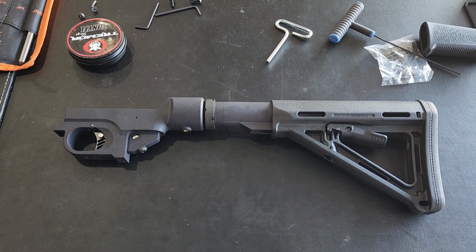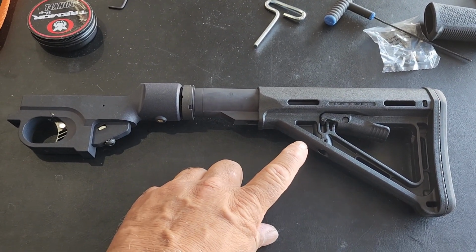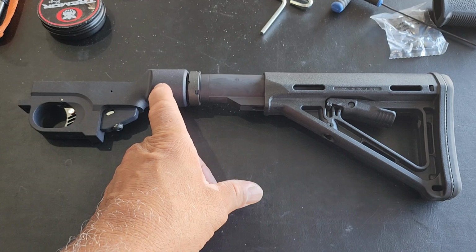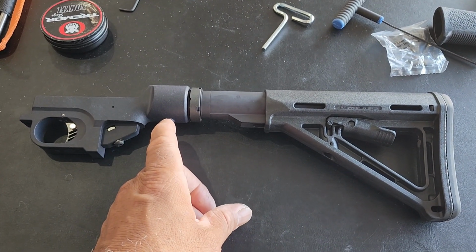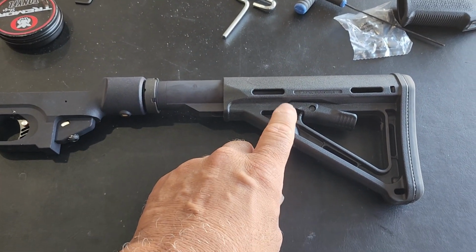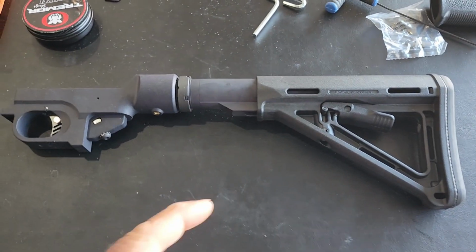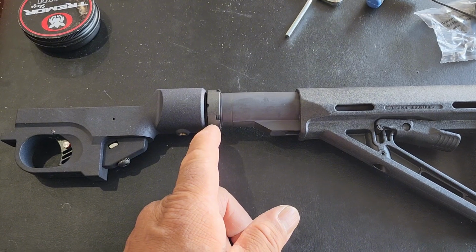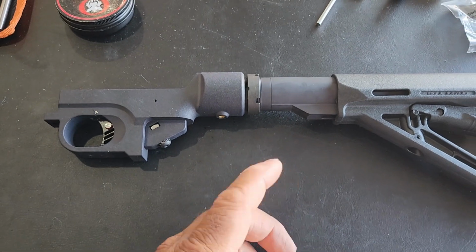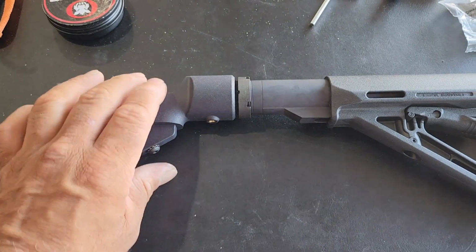Alright guys, so we're back, and as you can see, we installed the buffer tube onto the buttstock, and we installed the castle nut so that we can lock the buffer tube tight up against the Buck Grill chassis. Now to install this buffer tube on here, you need to pull this pin on both sides down all the way so this can slide in past the locking pins. Then you install your castle nut all the way to the back and thread this onto the Buck Grill chassis, and you're done. They supply you with a locking nut that goes up in this hole here, as you can see,